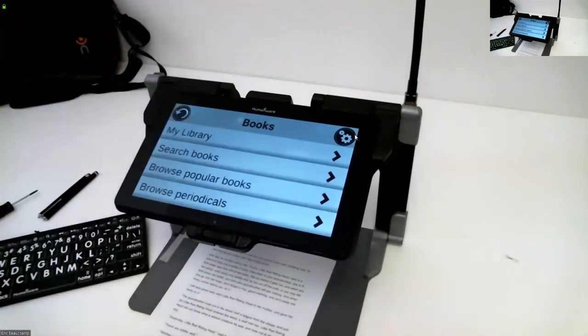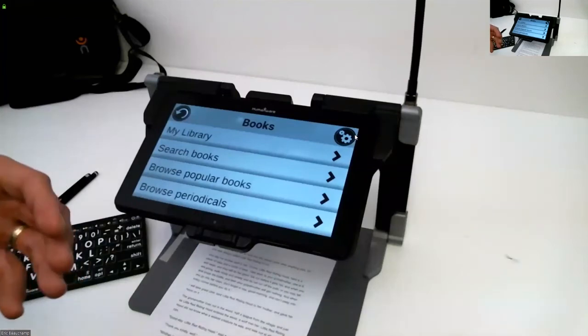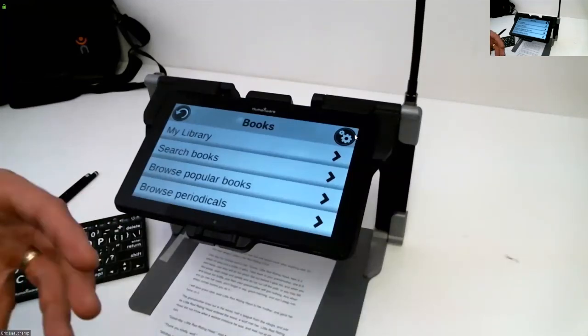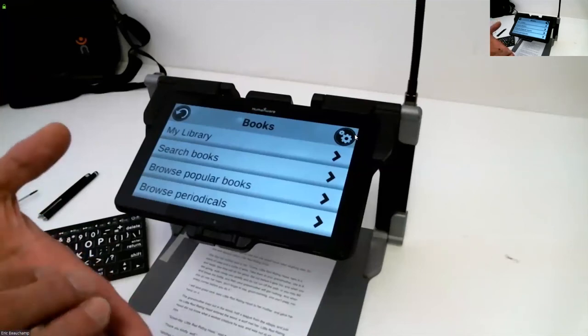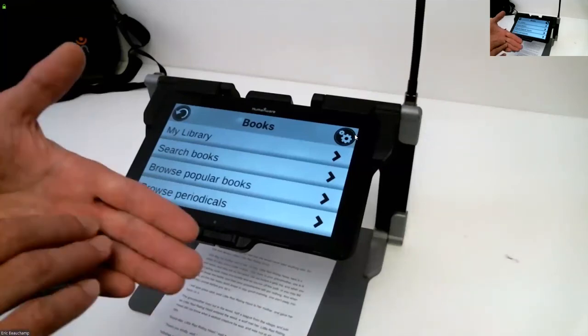So now I'm a teacher. Let's say I'm a teacher and I have an educational account. I can log into my Bookshare account using an internet browser, on your PC, not on the Matt Connect, but use your PC or something else to connect to your Bookshare account, and then share the books to the specific users, or create your users, create your students in there, and then create your list of books that you want to share